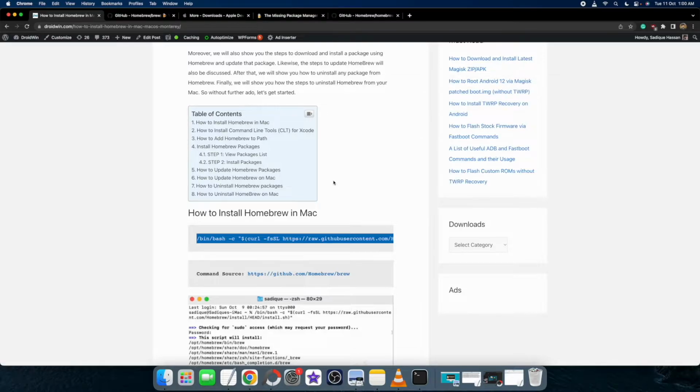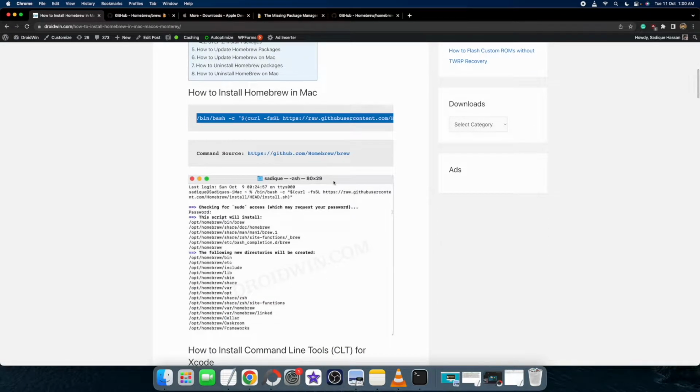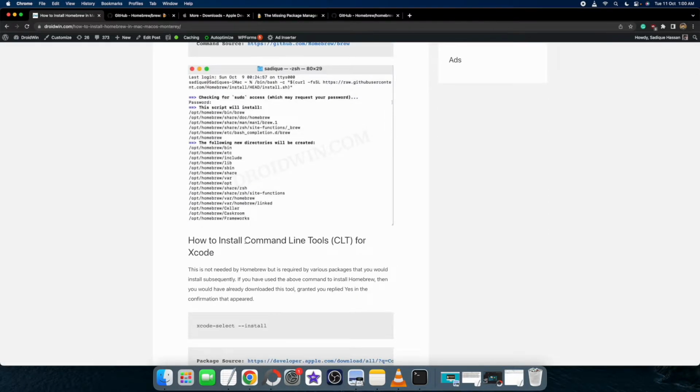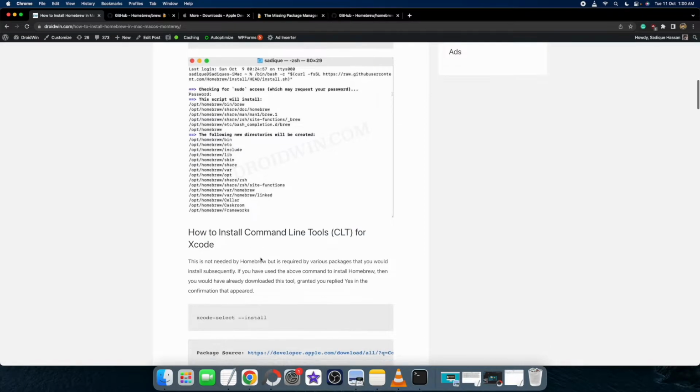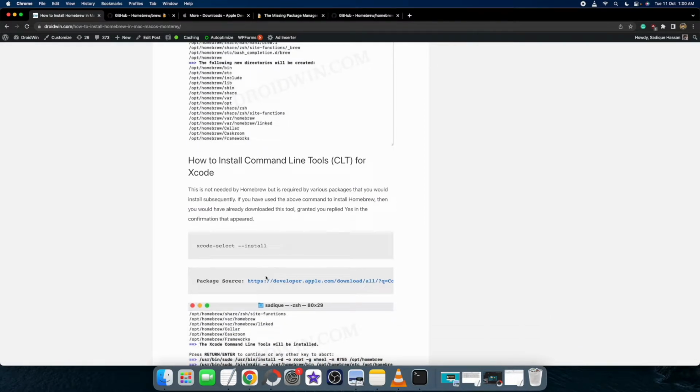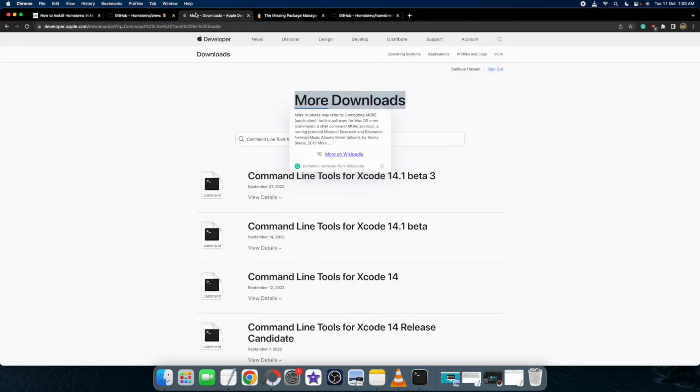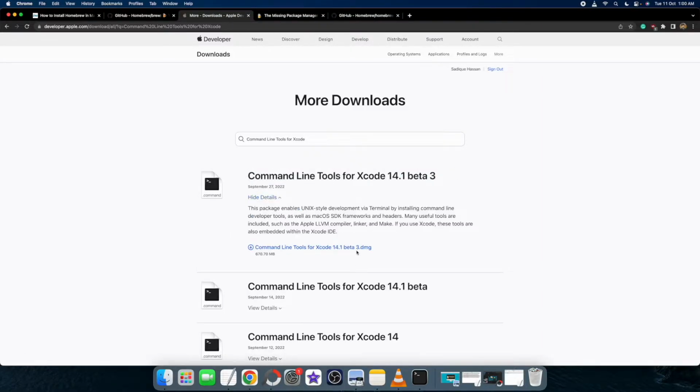Do note that while the process is being carried out, you will have to install the command line tool for Xcode. This is the official tool which is given by Apple themselves. You could go to the developer website. This is their website and you could see that the command line tool for Xcode is officially from Apple themselves. You could also download it using the DMG, but in this process we will be downloading using the command line